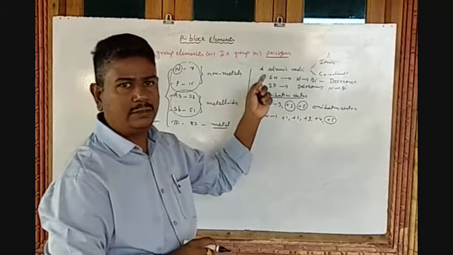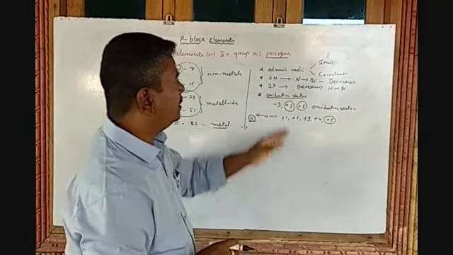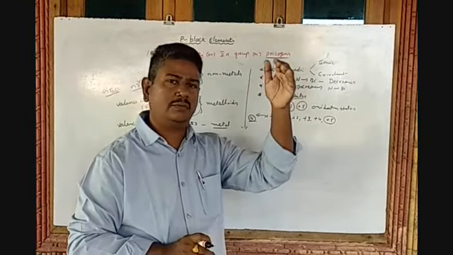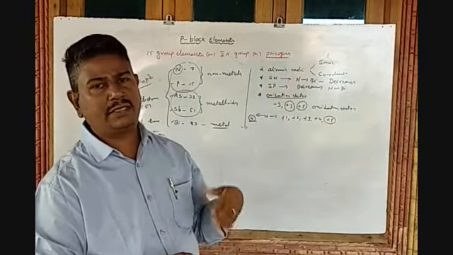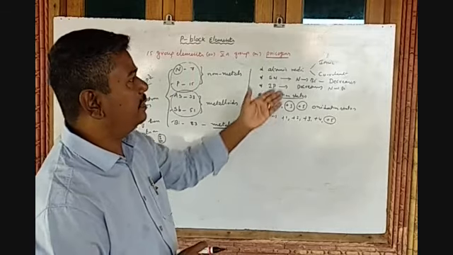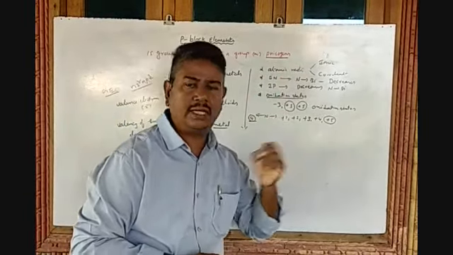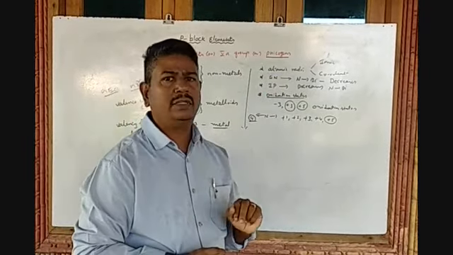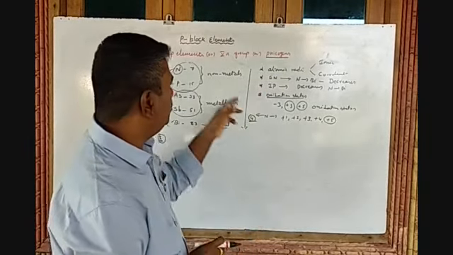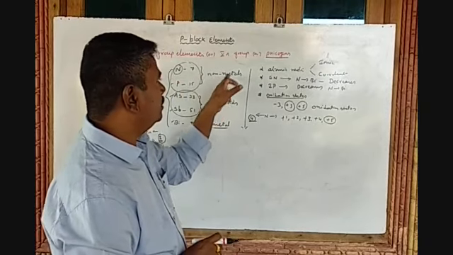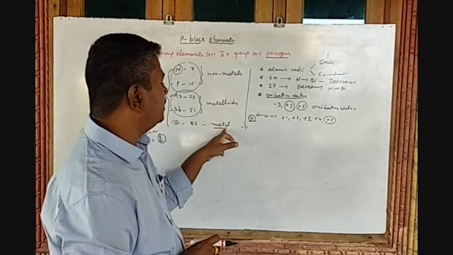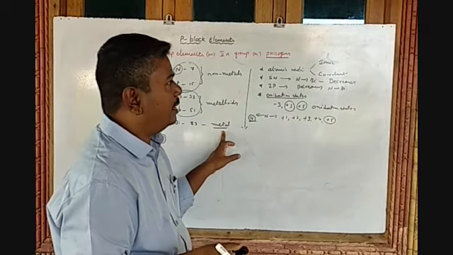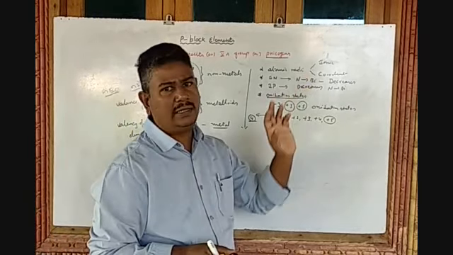Let me recollect, listen carefully. Ionic radius or covalent radius, whatever it may be, while moving from top to bottom the atomic size increases, so the ionic and covalent radius also increase, as well as the electronegativity values. Moving from top to bottom, non-metallic character reduces and metallic character increases, meaning the element is more electropositive. So automatically the electronegativity values decrease.